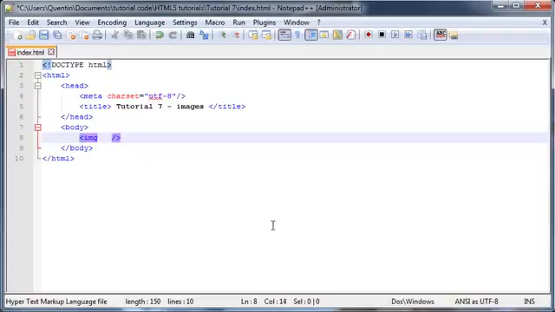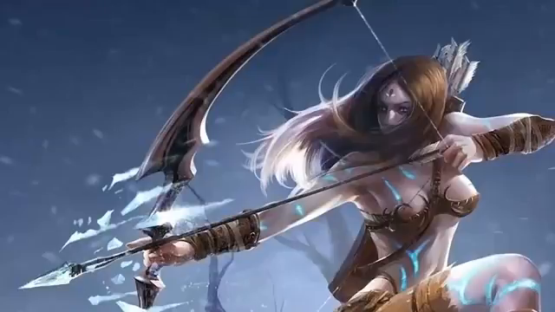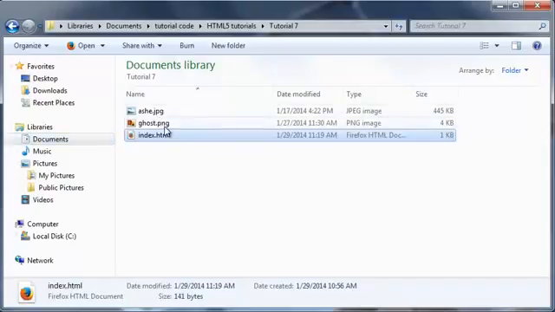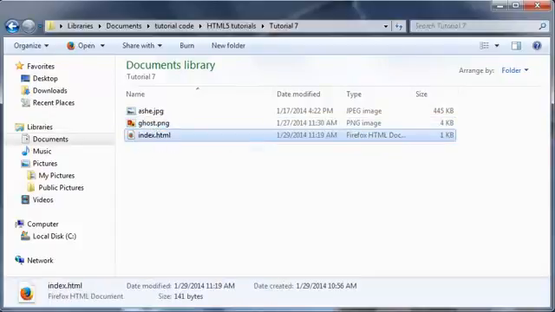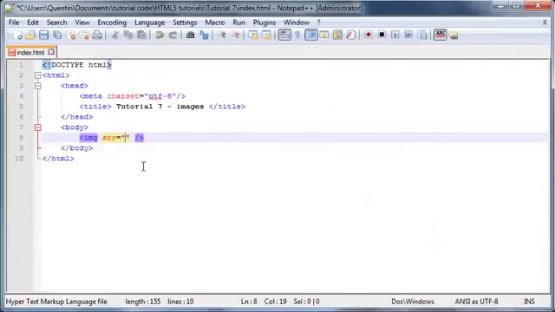Okay, so the attribute that we put in to tell HTML which image we want on the website is src, and that stands for image source. Okay, and we're going to set that equal to the name of our image. Okay, because my image is in the same folder as my index file, all I have to do is type in that image name. So I'm going to go ahead and use the